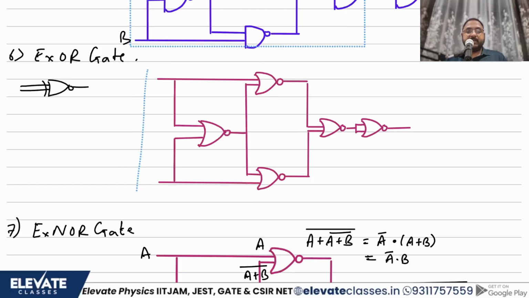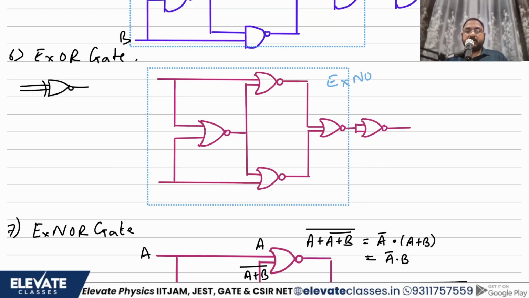This part will be my XNOR. This much part is XNOR. So what is the output over here? If this input was A, this input was B, I will get A XNOR B. Okay, sorry, only XNOR, no complement. And then I use another NOT gate. What is my final output? My final output will be (A XNOR B) complement. This complement is nothing but A XOR B.